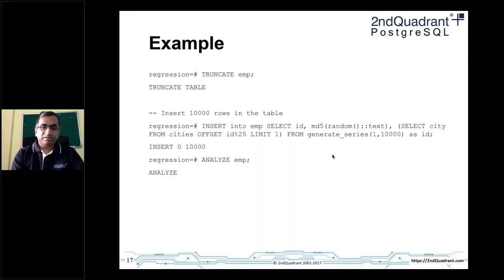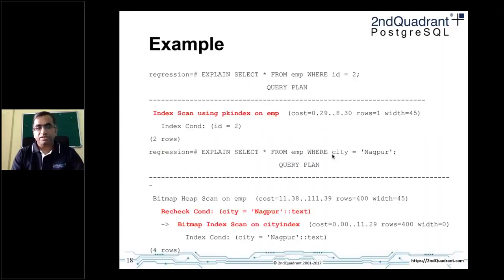So with 10,000 rows in the table, and another analyze on the table, now if I run my queries, you would see that it's now using the index. The first query is doing an index scan on EMP, because now the planner figures out that I should better go via the index path, because that's the most optimal way to retrieve information for employee with ID 2. So that first query is now pretty clear, and why it's doing